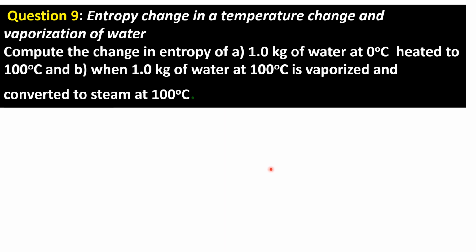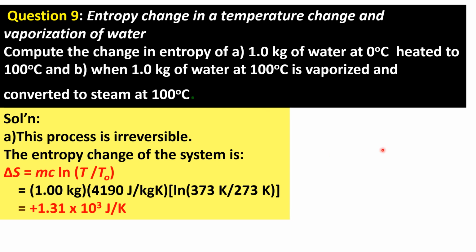So let's begin with letter A. The process of heating the water from 0 degrees Celsius to a much higher temperature, 100 degrees Celsius, is like bringing the temperature of water from its freezing point to its boiling point. This kind of process is considered irreversible. So, if the process is irreversible, how do we find the change in entropy? This is the formula